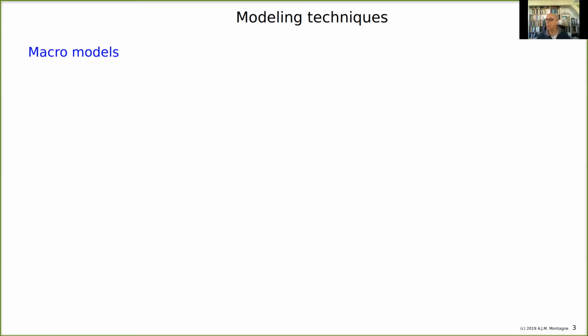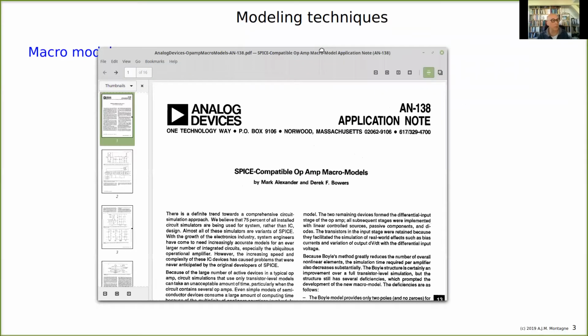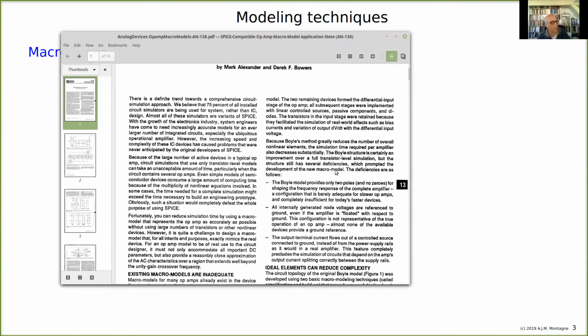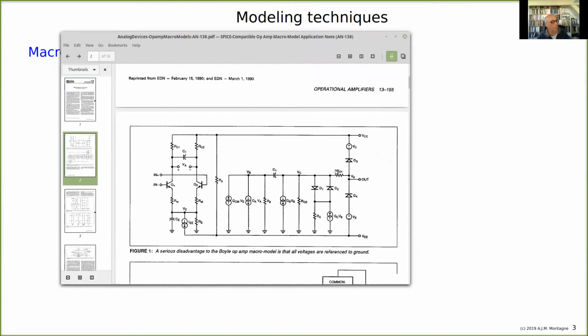An example, and I don't know if this reference is used in the book, is found in, for example, this application note of Analog Devices. Here you see, early, I think this is from the 70s, a macro model of an operational amplifier. You see transistors used in this model and all kinds of controlled sources modeling the poles and zeros of the amplifier. And here some diodes and voltage and current sources modeling the current and voltage drive capability